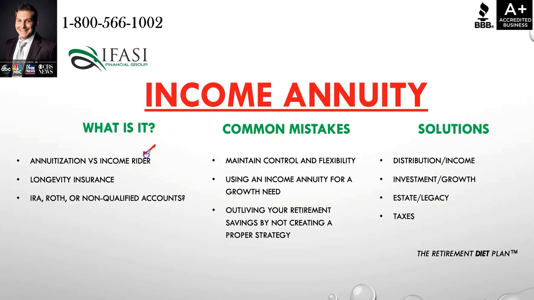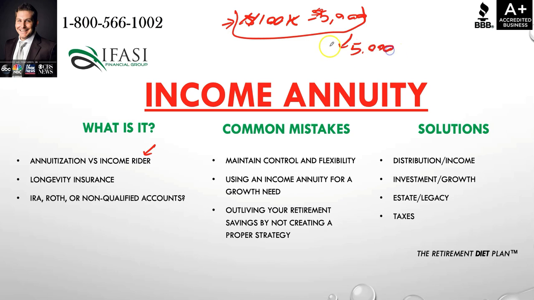But let's say you went with, a very generic hypothetical example, a company that was giving you lifetime income through the form of an income rider, and same situation, you had $100,000, you got set up with an insurance company that was offering you an annuity with an income rider. Let's say that income rider was paying you $5,000 of income. This account is sitting with the insurance company at $100,000. You're receiving $5,000 per year. And let's just say that there was no gains or losses with the account.